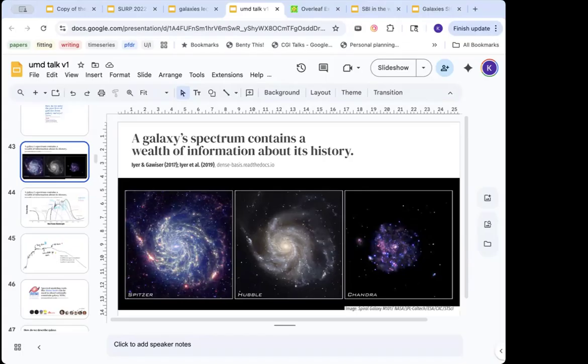we want to cover. The fundamental reason we are able to do any of the things we're doing is that galaxies look very different when you look at them at different wavelengths, at different parts of the electromagnetic spectrum, right? So the same galaxy, seen in the infrared with Spitzer, seen in the optical to near infrared, so slightly red wavelengths, with Hubble, or seen in the X-rays with Chandra, look extremely different, right? So this is the same object you're looking at, but the presentation of this galaxy looks very